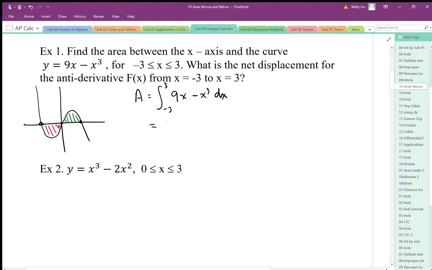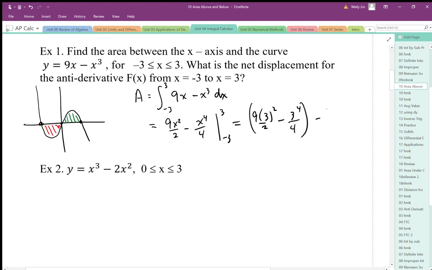We end up with 9x squared over 2 minus x to the power 4 over 4, and we're going to calculate from -3 to 3. Plugging that in, we end up with 9 times 3 squared over 2 minus 3 to the power 4 over 4